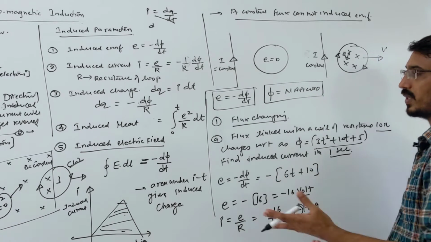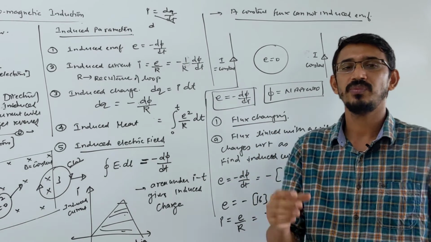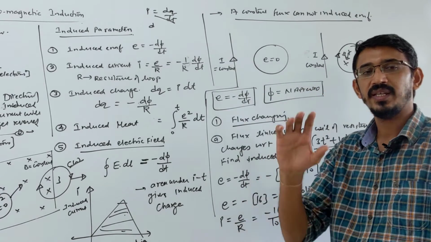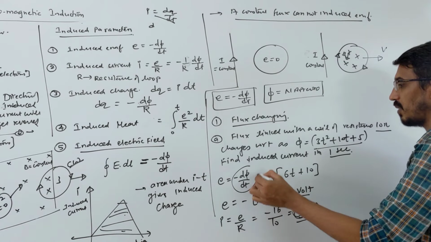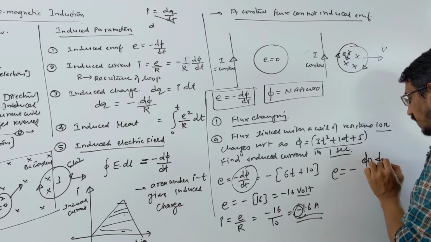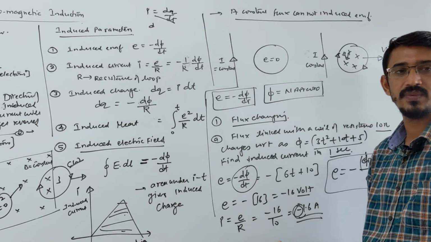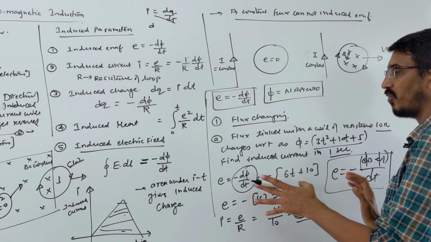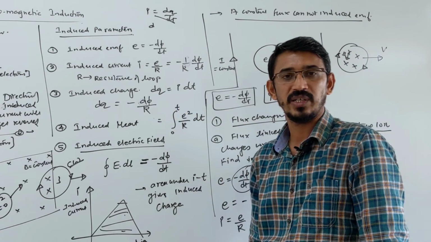This is a direct flux question, or they can ask it more easily. They say the flux in the coil changes from 10 Weber to 50 Weber in 0.1 second. That means initial and final flux are directly given. So you can write E equal to minus phi 2 minus phi 1 by dt. Take the difference of the fluxes divided by time, and that gives the induced EMF directly. Now we'll talk about the equation when area and magnetic field are changing.